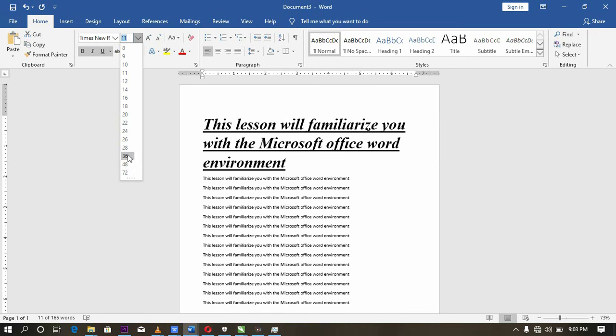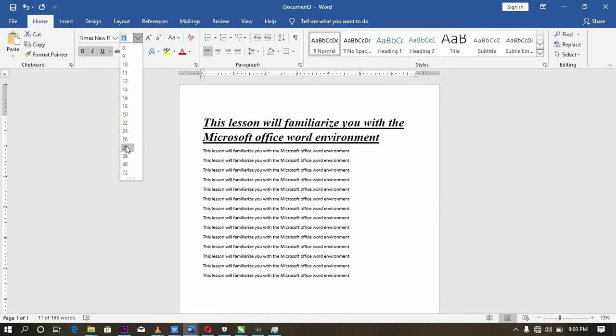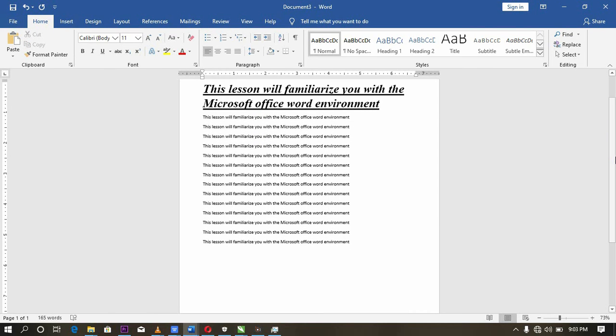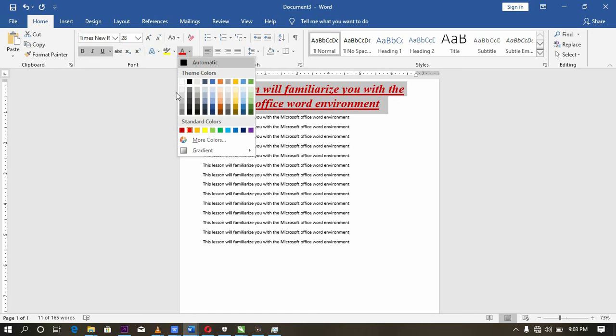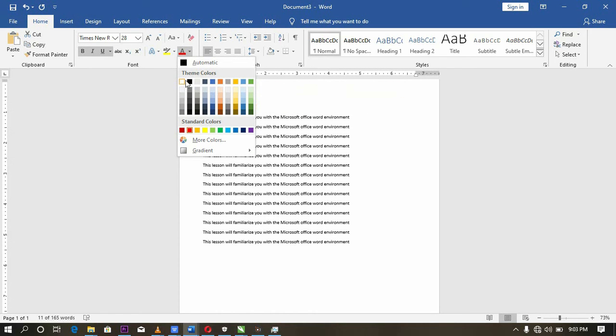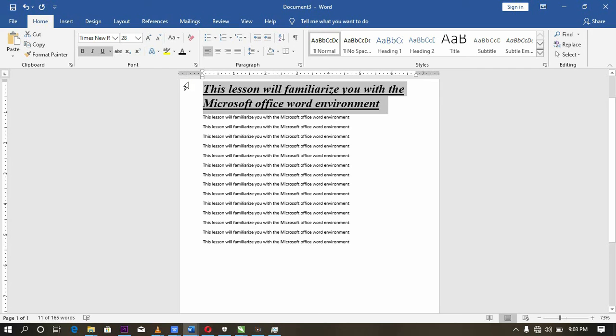Increase the size of the text, yeah, something like this. Maybe you want to create a heading. Now, there are other things that you can also do. This particular heading, you can change the color to red, you can return the color back to black depending on your taste, and then you can also change the case